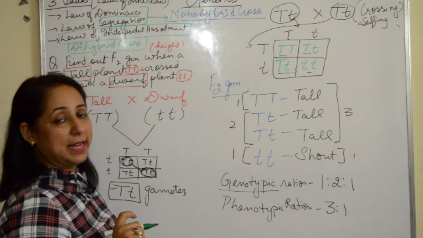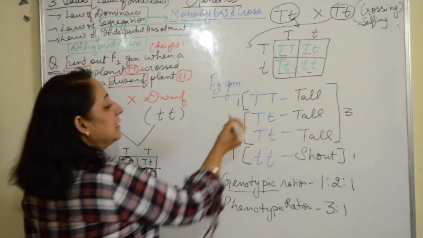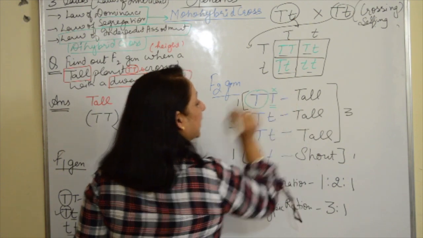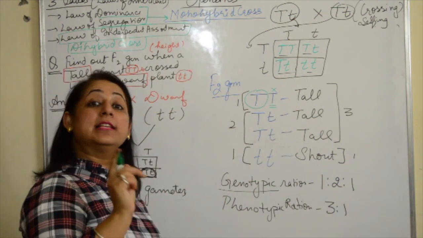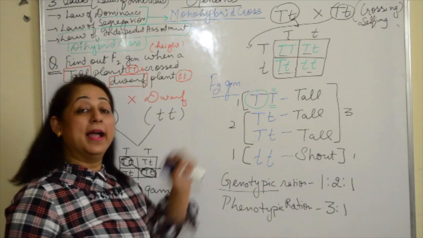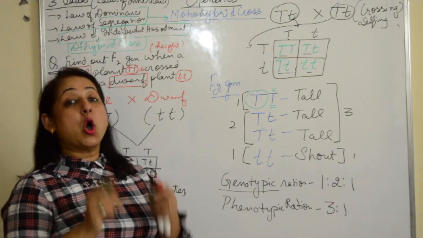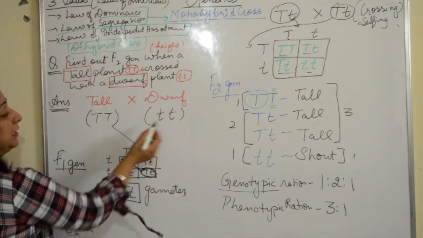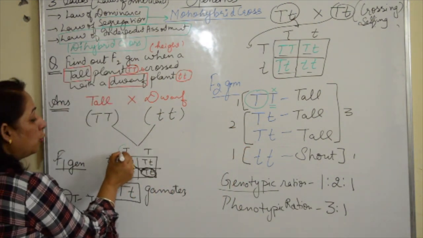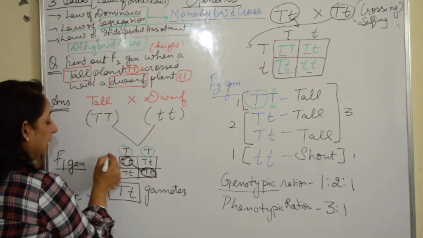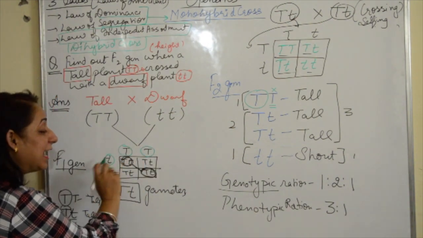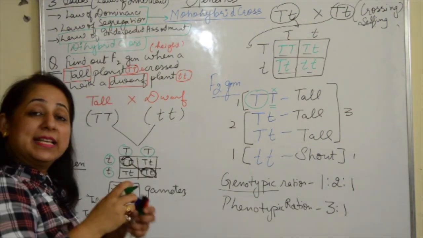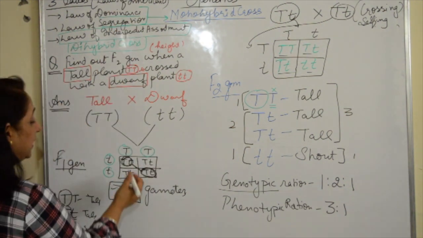What is law of dominance? It states in the presence of a dominant allele, the recessive cannot express itself. This is law of dominance. This was explained by this cross. Second is law of segregation, which says that during the gamete formation, the two alleles placed together, they segregate from each other. Segregation का मतलब होता है separation. So they separate from each other when the gametes are formed.